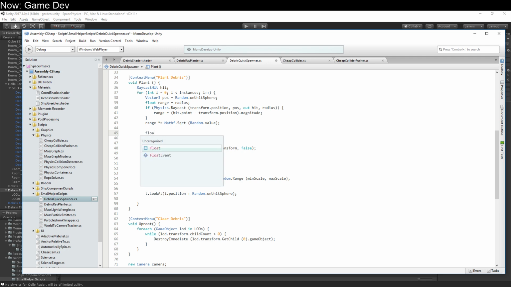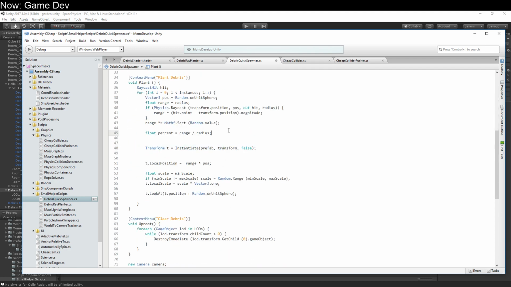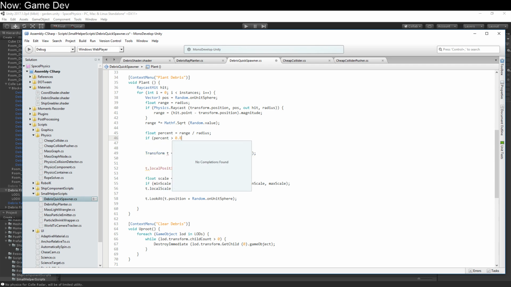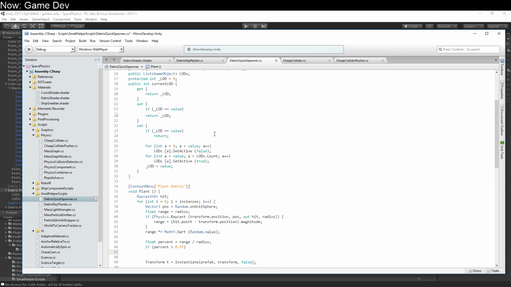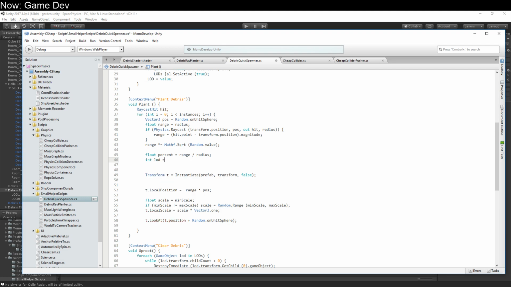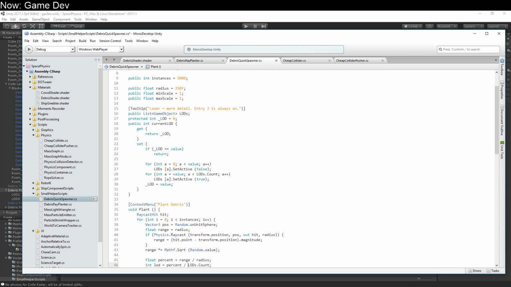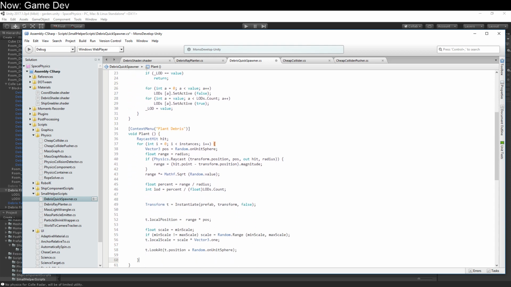So float % equals range divided by max range radius. If % is greater than 0.8, 0.9f, then we will add it to, well, we might not have 3 LODs. We might only have a couple. So let's go ahead and do this simple here. Int LOD equals % divided by LODs.count. And that way we'll end up with an integer value that could be 0. If, say, you're at %.3 and you got 2 LODs, it will end up rounding down to 0, right? Yeah. And it should never be higher